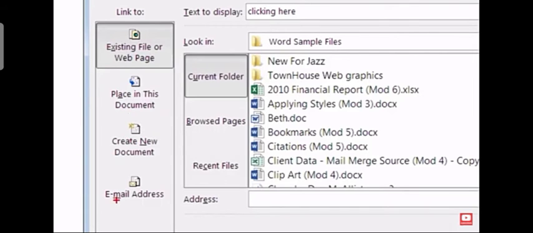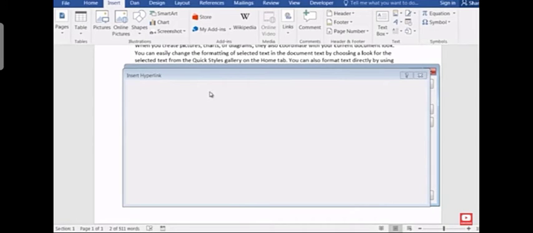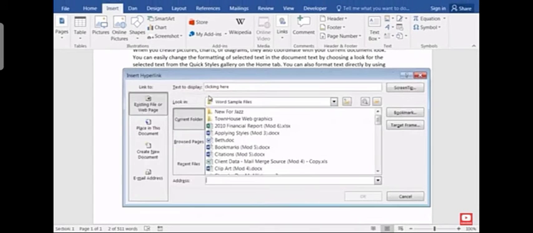Hyperlink to an email address. Hyperlink to another document in the current folder. Or hyperlink to websites, existing file or web page. So that's what we're going to do right now. Hyperlink to a web page. So the text that's being displayed there says clicking here, and then down here at the bottom is a box that says address. So I would like to send it to